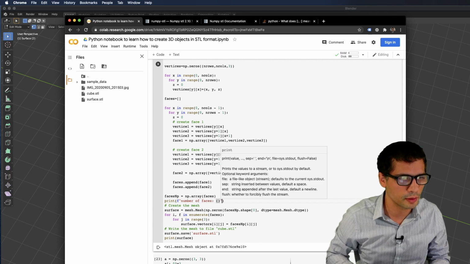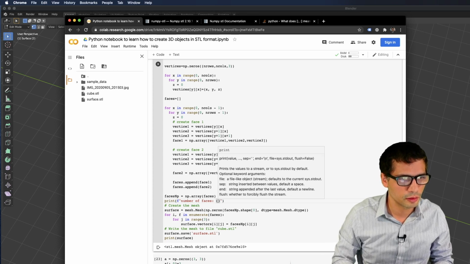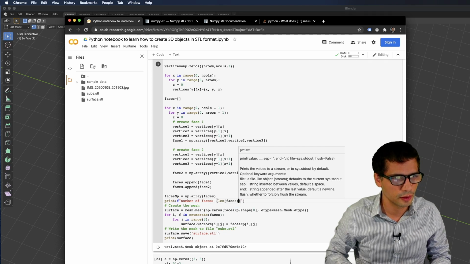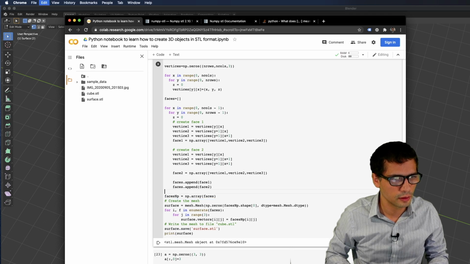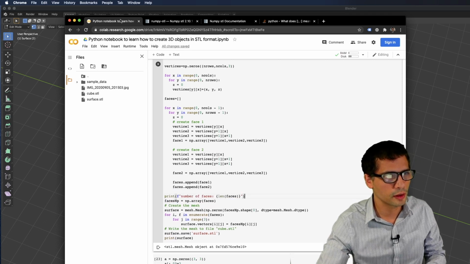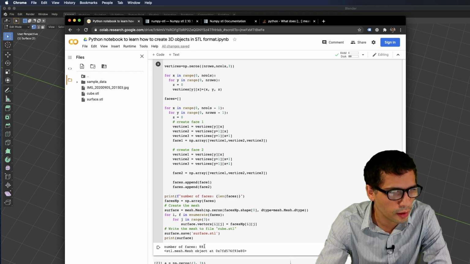because I have some doubts about the form I should be using. So length of faces, just, no, can do it here. So let's run this. So I have 882 faces.